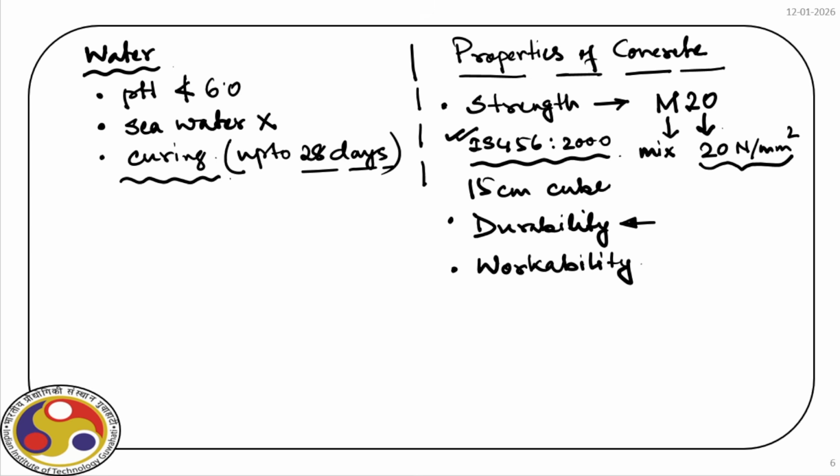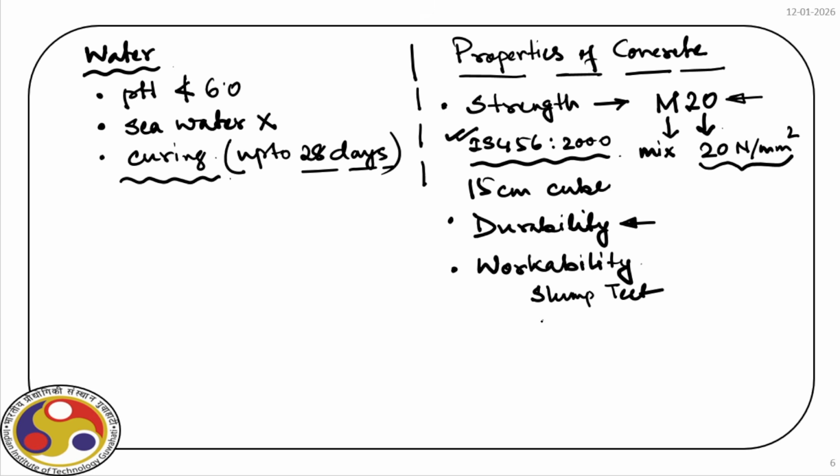Now, when we prepare this concrete, we can go for nominal mix or design mix, that I will come to in a minute. And there is a very specific code for that if we design the concrete to achieve a particular strength. Okay. Now, what are the different tests for durability, for workability? The most commonly used test is the slump test.